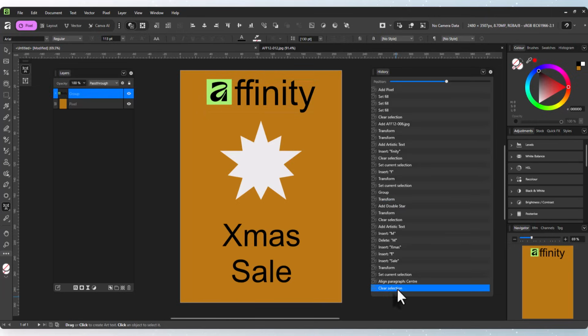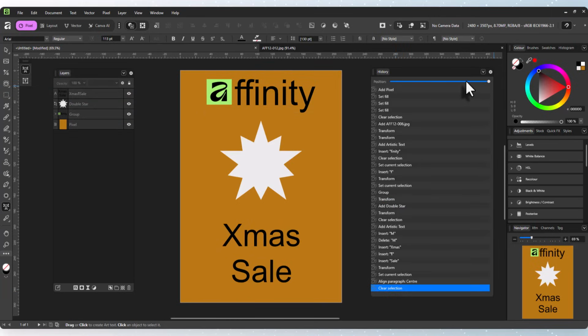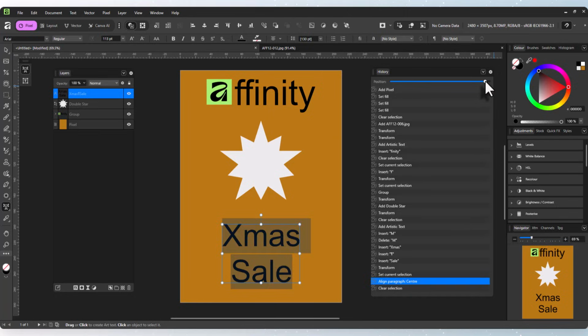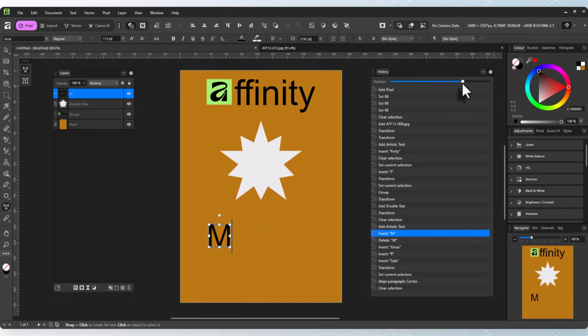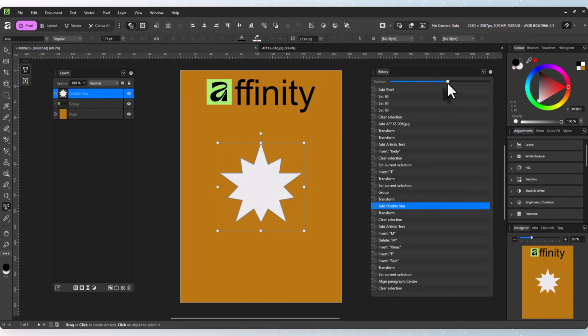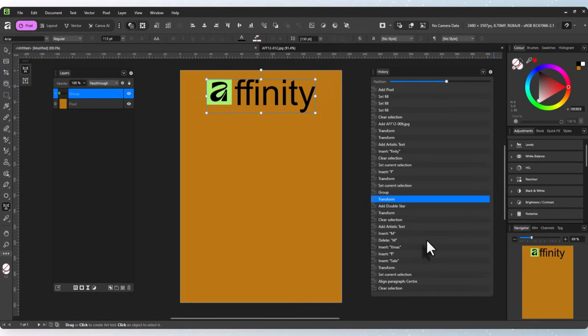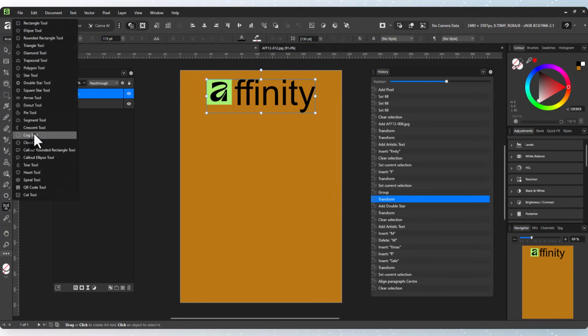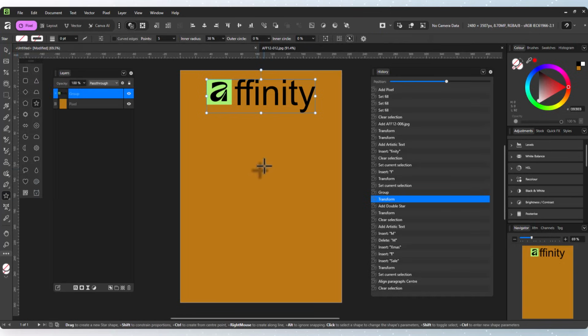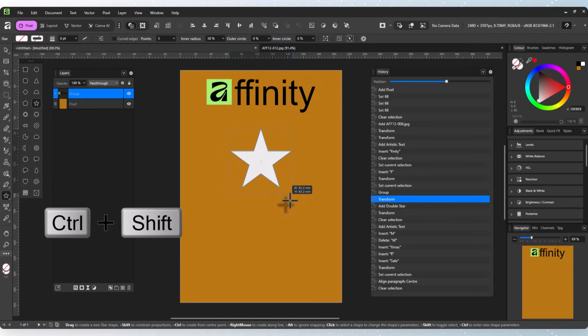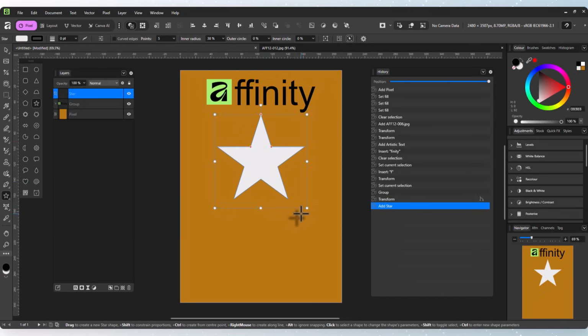But if I go back to the end here, again, you can do this from this slider up here on the top. So you can just go back through all the different changes that you've made and start from this point. So if I wanted, for example, to change the star, rather than the double star tool, I'll go for just a normal star tool. Again, I'll come to the middle vertical line, hold Control and Shift, draw out a star like that, and